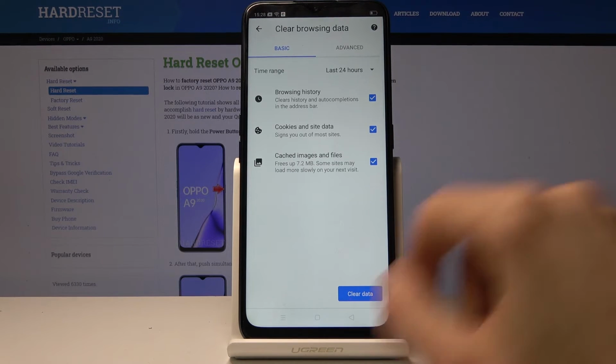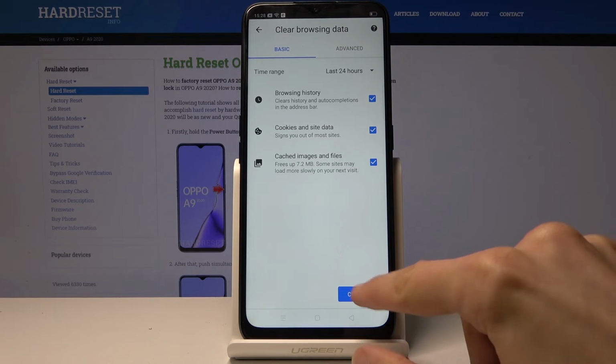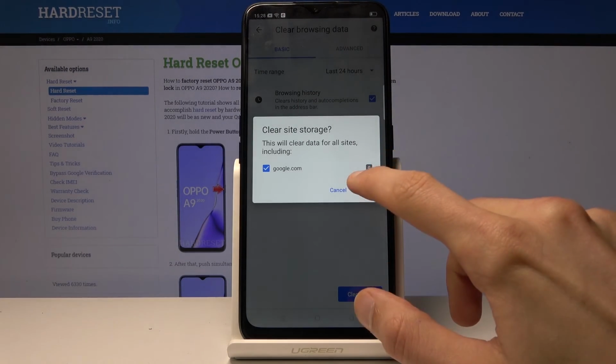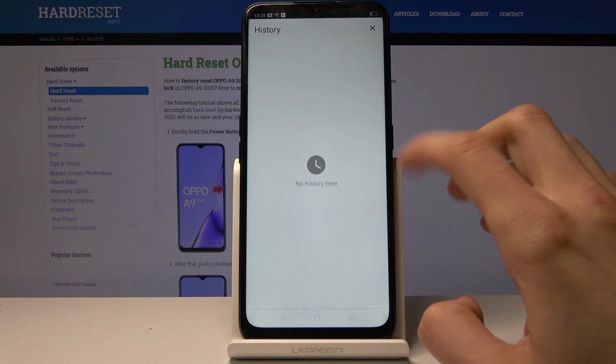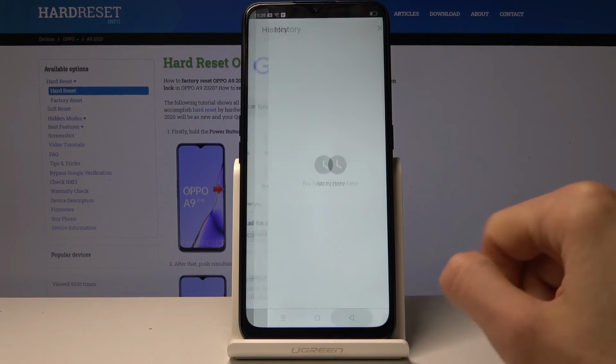But I'm gonna keep it all on, and then clear data and clear. And you can see that previously there was a bunch of sites that I could have removed, and now they're all gone. So the data has been